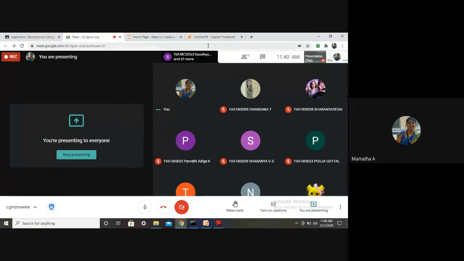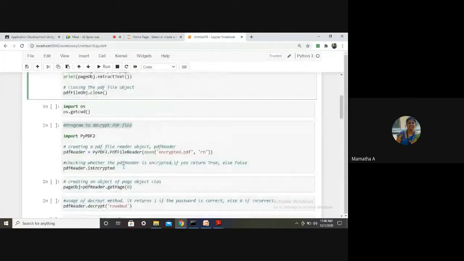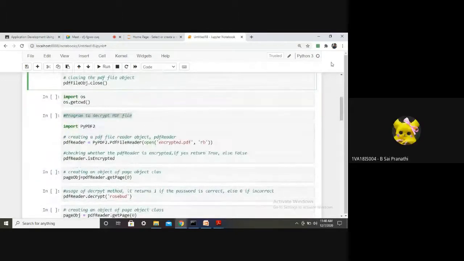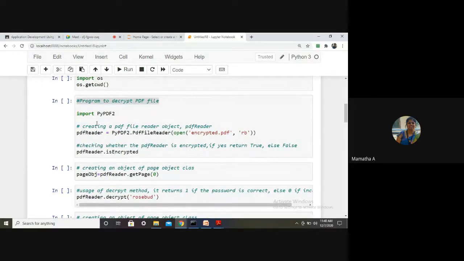Yama. Okay. Students, can you see the screen, ma'am? Yes, Yes, ma'am. ma'am. Okay. 1 second. Okay. Now, so you all know that how do we work upon the PDF files? So which module should you import? Which module? Py PDF2. So where y remains in the lower case, the rest all in the upper case.